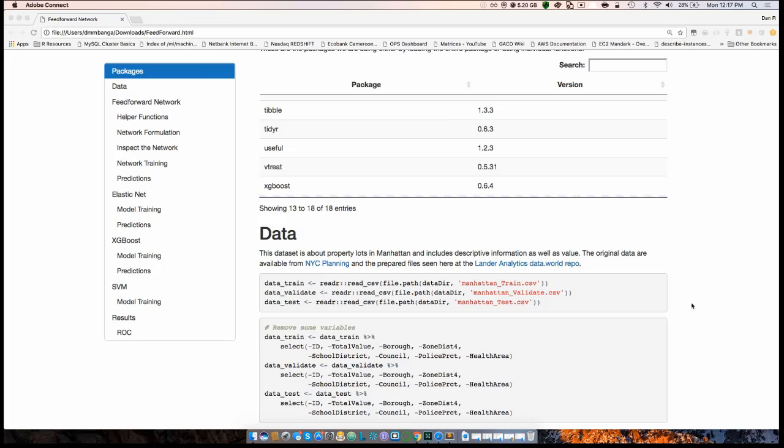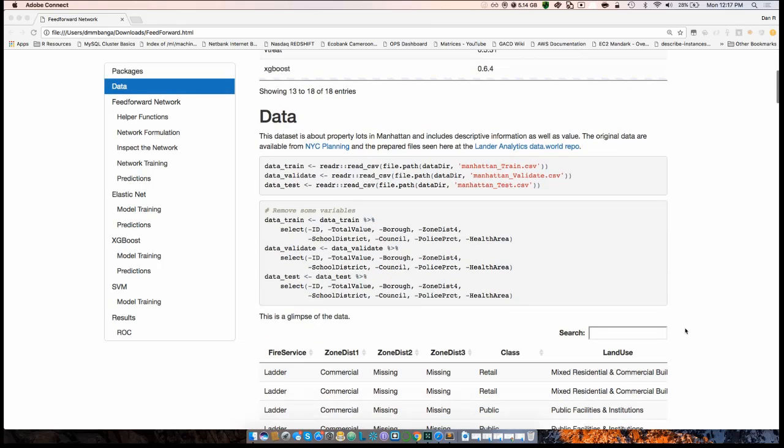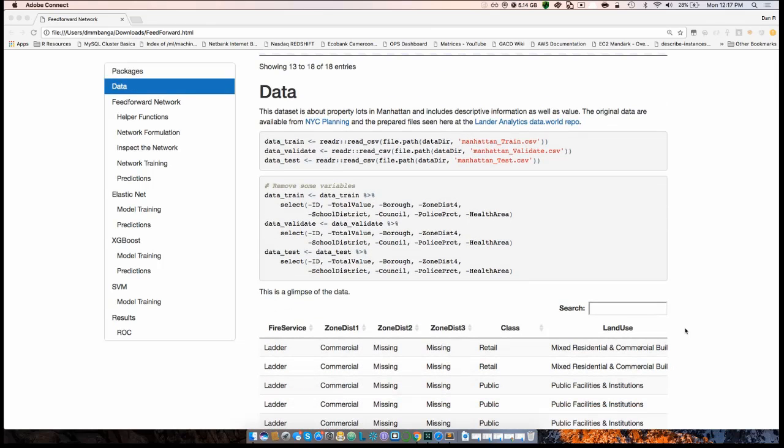And XGBoost has won a lot of Kaggle competitions lately. Yes, it has. In fact, up until deep learning became such a powerful force, XGBoost was just about always the winner in all these Kaggle competitions because it fits amazing models with great speed and very high accuracy. And it was built by the same team that built MXNet. Same team as the MXNet team. So they're winning a lot of hearts.